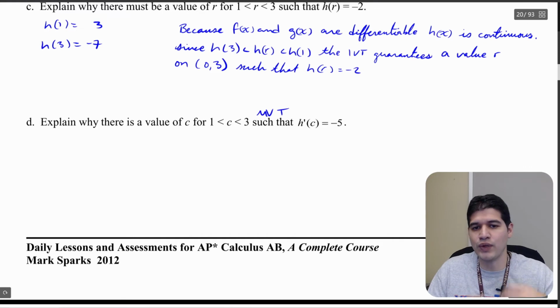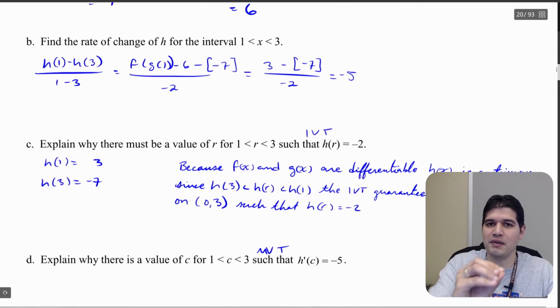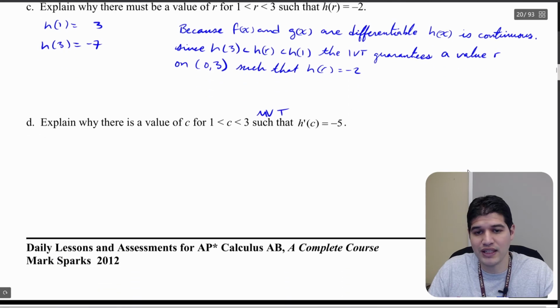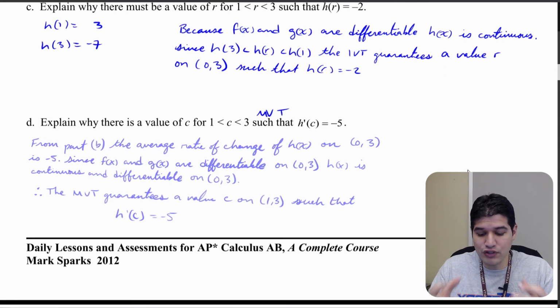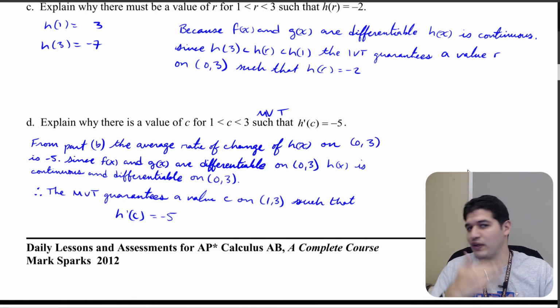All right, what I also want you to notice is that in part B, we already did part of the mean value theorem where we found the average rate of change on 1 to 3, and we noticed that it's equal to -5. So as I come down here and I'm looking at this question, from part B, the average rate of change of h of x on 0 to 3 is -5, so I don't need to do that